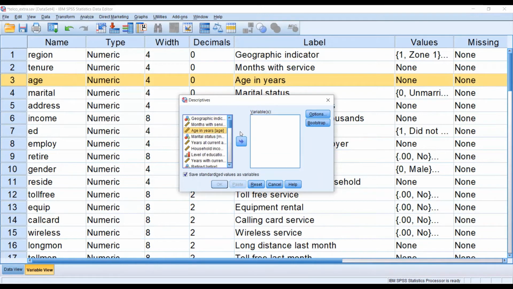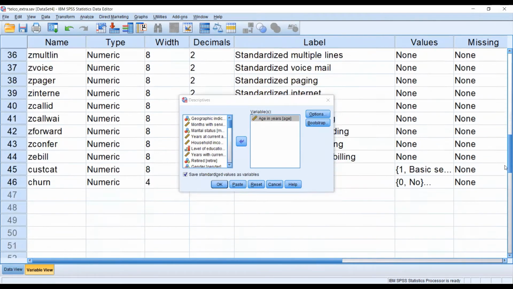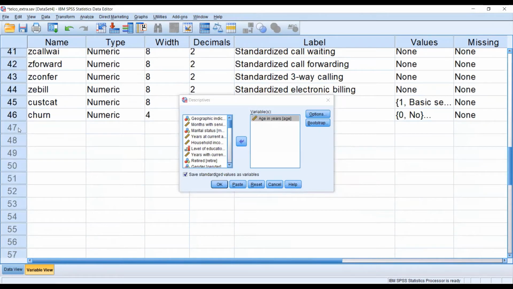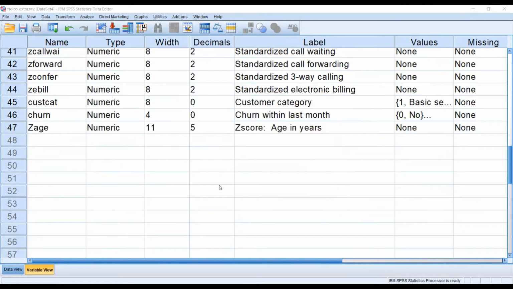I want to standardize age, so click age here and choose the option Save standardized values as variables. If you click this, then a standardized version will be included in the data file. So there is no variable Zage here. After implementing this procedure, I will demonstrate that the age variable will be there.